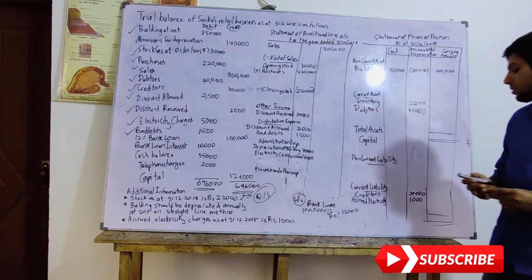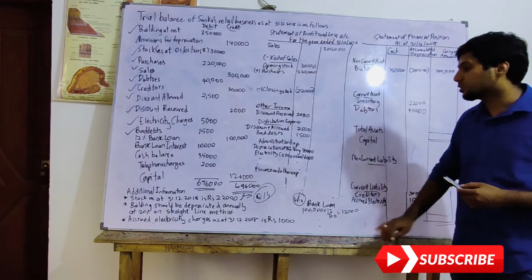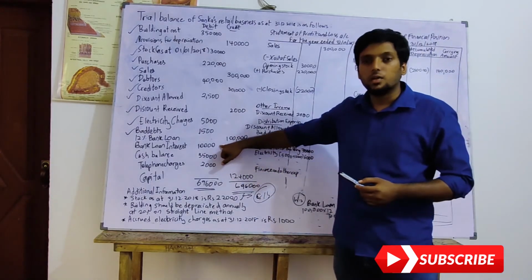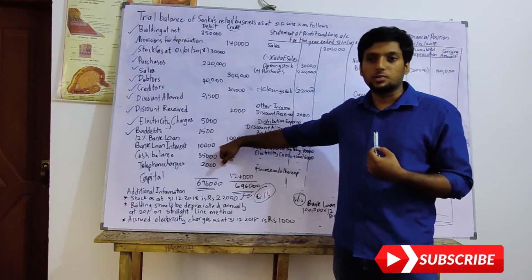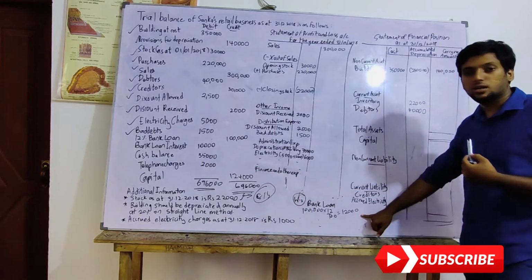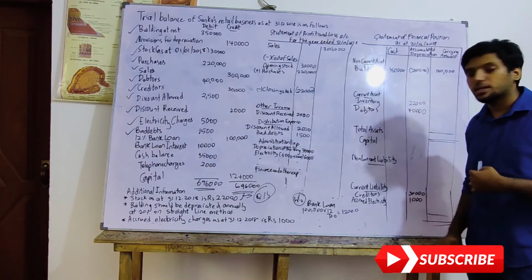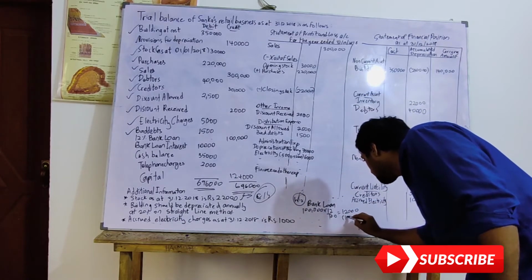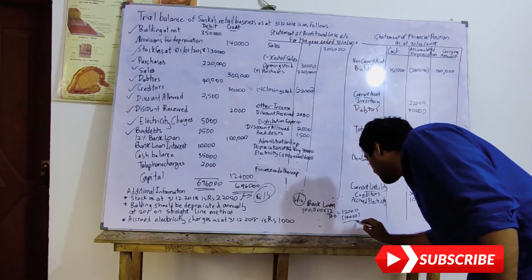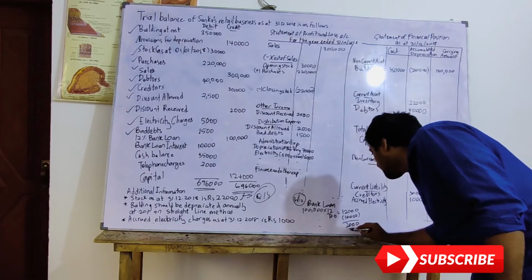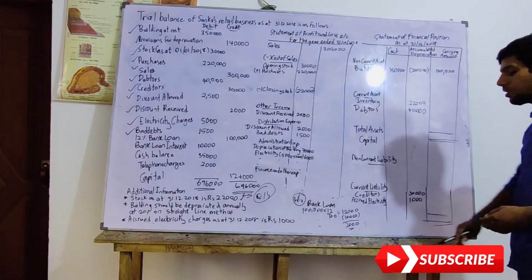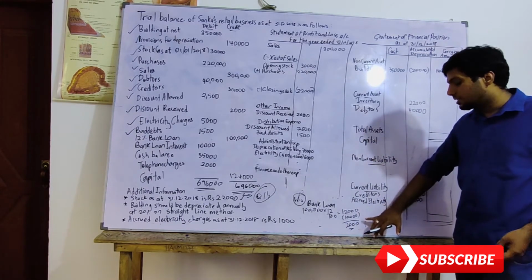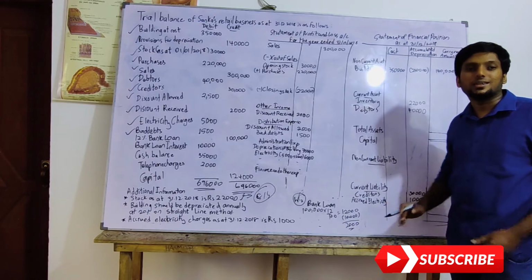Now I need to know that this is the amount of interest I should pay, but actually how much interest I have paid. Here you might see I have paid only 10,000, but I should pay 12,000. So actually I still need to pay 2,000. I have actually paid 10,000, so I will reduce this and show you how much I should pay: 2,000. Now you need to remember one thing. This 12,000 is the amount which will go to the income statement, and this 2,000 is the amount which should be shown under current liabilities.